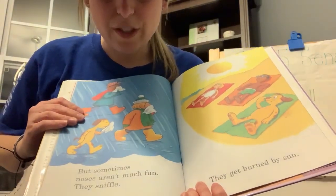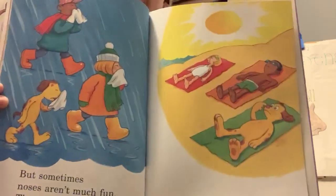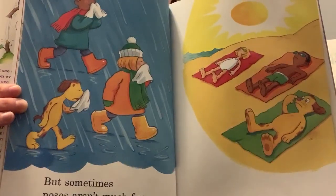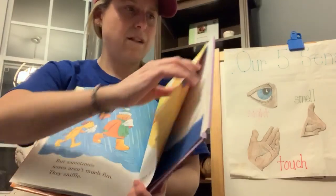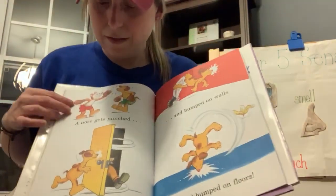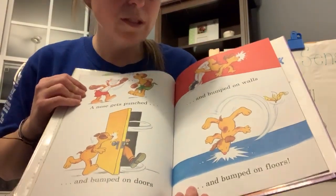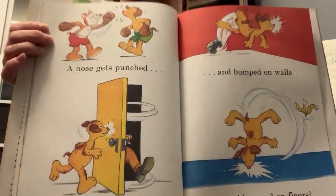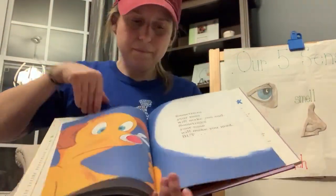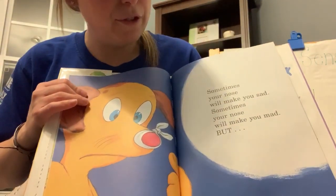But sometimes noses aren't much fun. They sniffle and they get burnt by the sun. A nose gets punched and bumped on doors and bumped on walls and bumped on floors. Sometimes your nose will make you sad. Sometimes your nose will make you mad. But